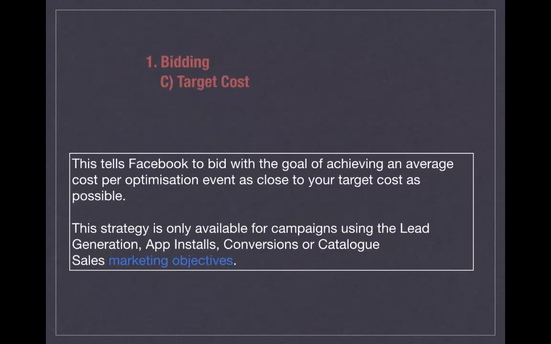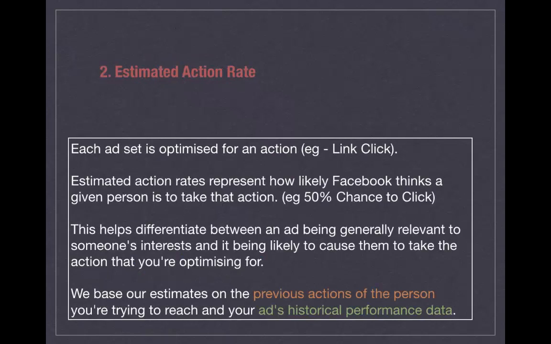So with target cost, here also you have to tell the cost, but it can be average, so maybe 10% more or 10% less. You are giving Facebook this authority. If I'm saying 10 rupees, it should be an average of 10 rupees, and there should be some variation in your actual cost. Now this is all about the bid. So bid is one of the important factors to decide the total value.